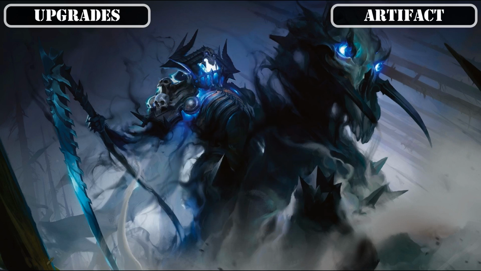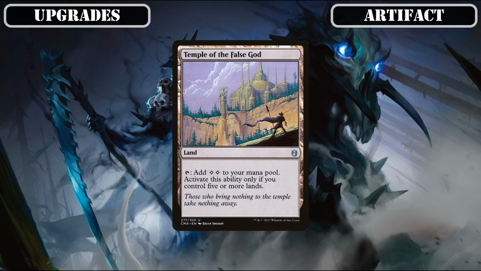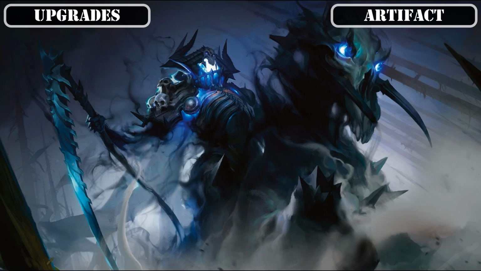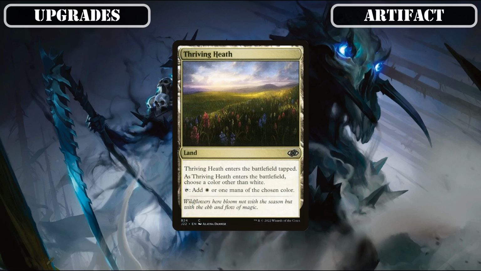spells with ease. And then as our final pair of artifact upgrades, we'll be replacing some of the base build's excess lands in favor of additional anthems, such as cutting the arguably bad land Temple of the False God to make room for Icon of Ancestry, which gives us access to yet another tribal anthem effect that we can also use to generate card advantage in our knight-focused build, and replacing the reliable but slow land Thriving Heath with a